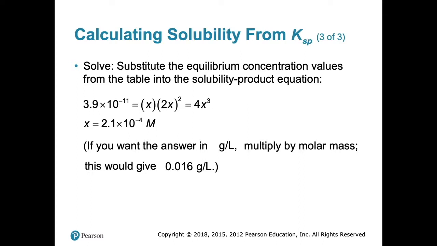So quite simply then, these are a lot easier than doing chemical equilibrium questions. Because now you have x, and you want the answer in grams per liter, because that's what most solubility is listed as. So all you have to do is multiply by its molar mass. The molar mass of calcium fluoride times that, and you'll get 0.016 grams per liter. Neat stuff.